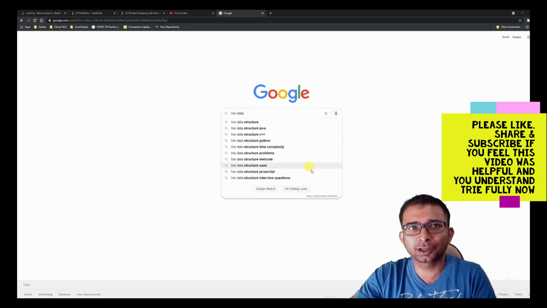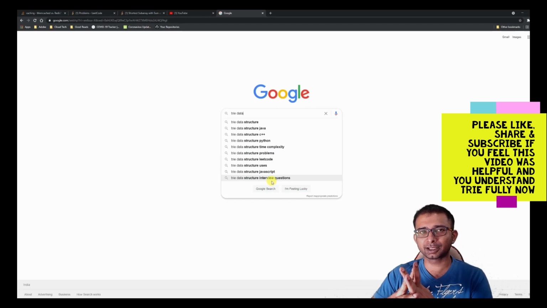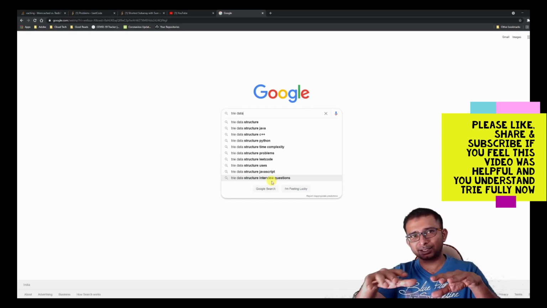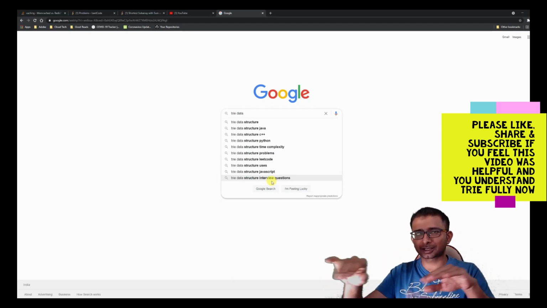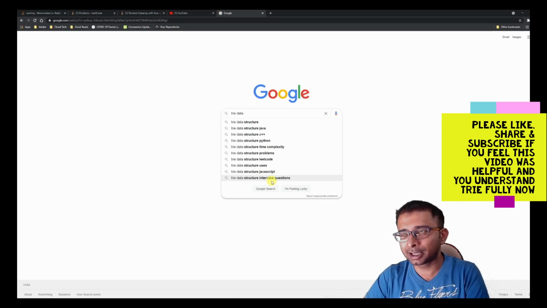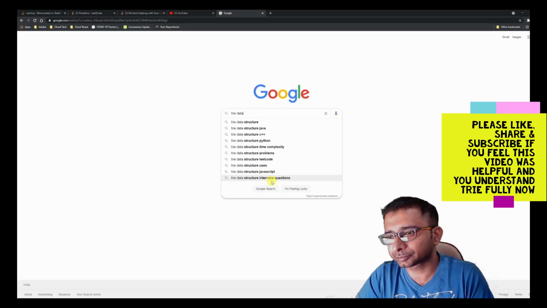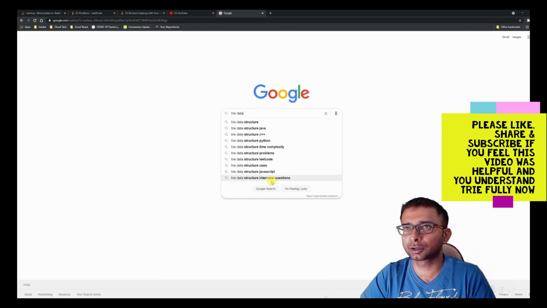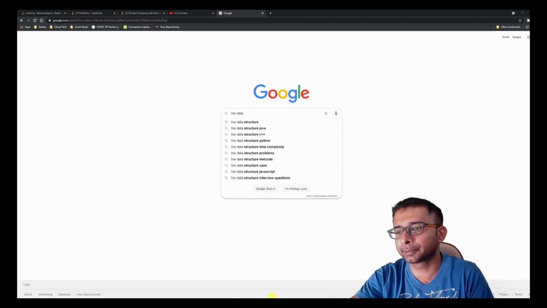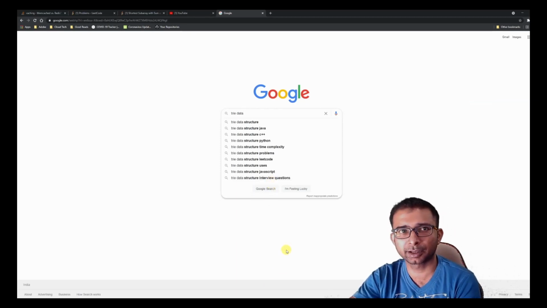So as I put try data, so it matches all this, you can see, right? So you can see that the bold part is not the matching part. So you can understand, if I make a try out of this, how it will look. Try data is same, then we have all this S structure, then structure to Java and all that. So this data structure is extensively used for this autocomplete feature in any search engine or website or any web application or anywhere, you can say.